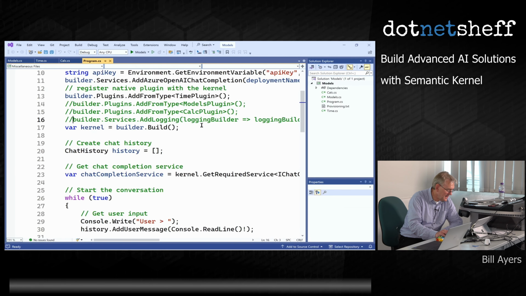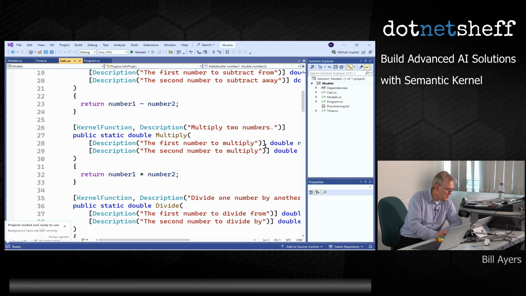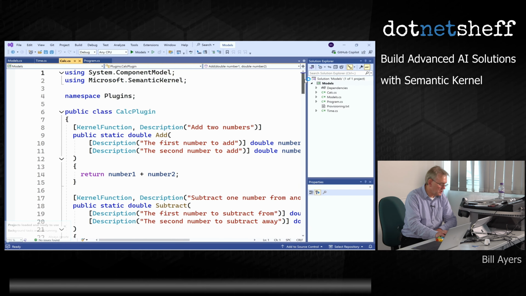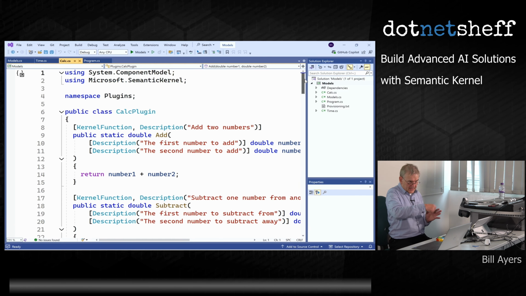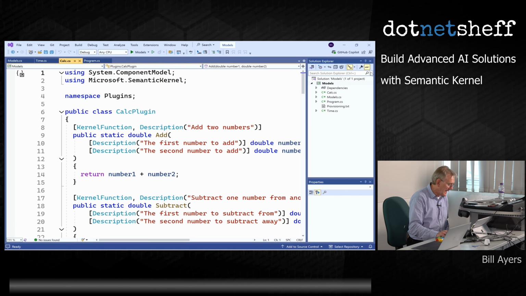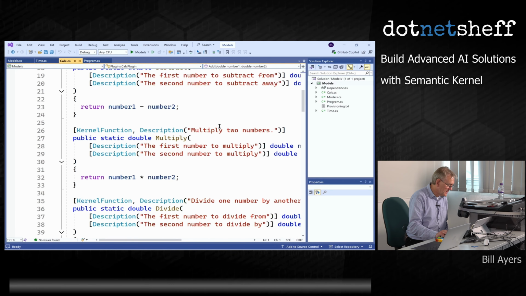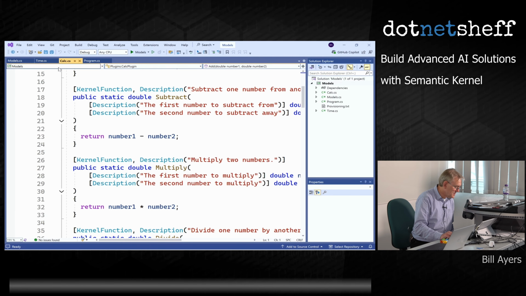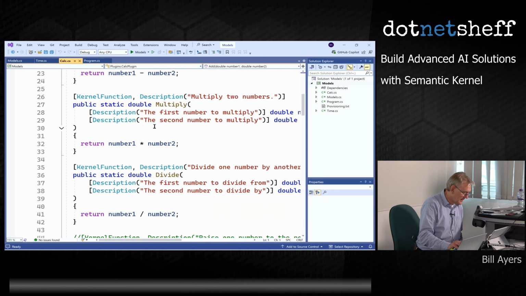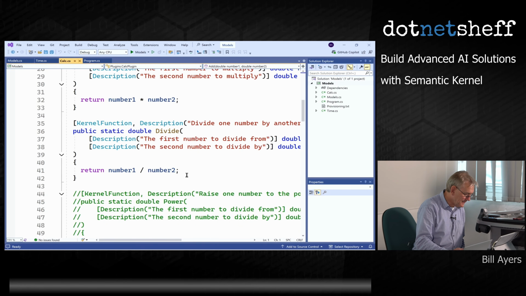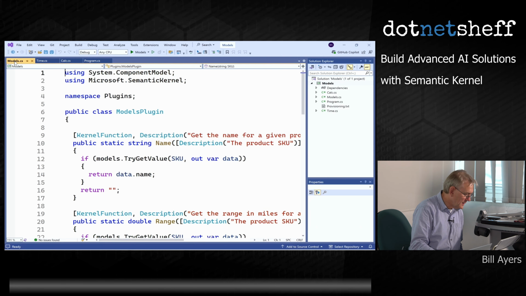And this is one where I've added a few more. So I've got a set of calculations here. This is the one I was going to show where you're inputting numbers as well as getting information back. And this one's quite interesting because I've got these calculation functions, and